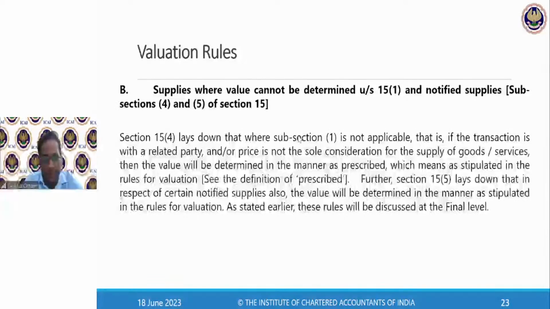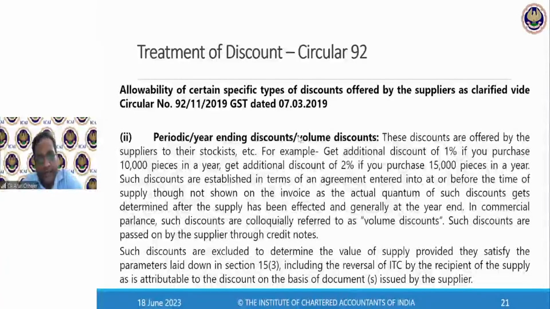Let's say, Ishan, I'm repeating the second case once again. Year end discount. This case I have already covered. The example which I have taken to explain the entire concept, I have taken this example only. I have given the target of 10 crore. Once you achieve the target of 1 crore, I will give you the discount of 5 lakh rupees. It is linked to the agreement. It is linked to the relevant invoices. And if the recipient is reversing the ITC, then the supplier will issue the GST credit note.